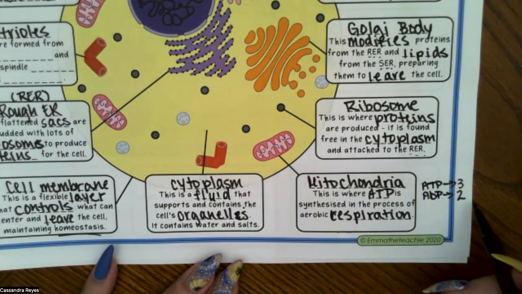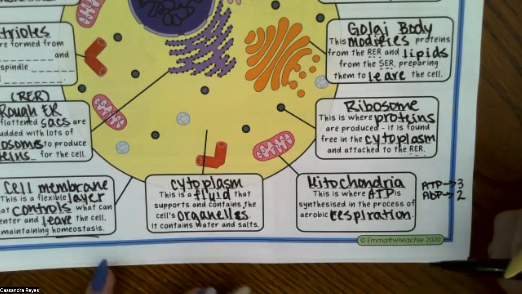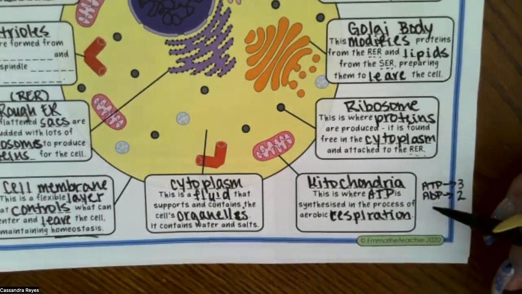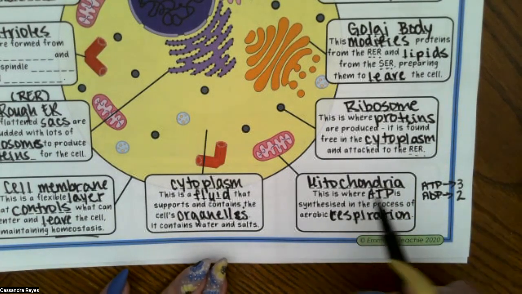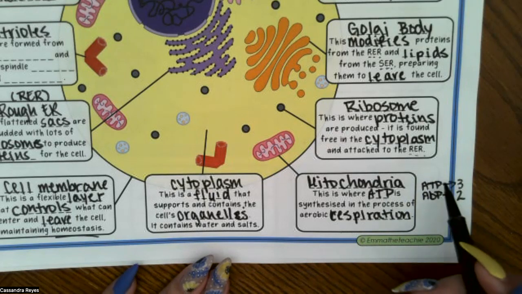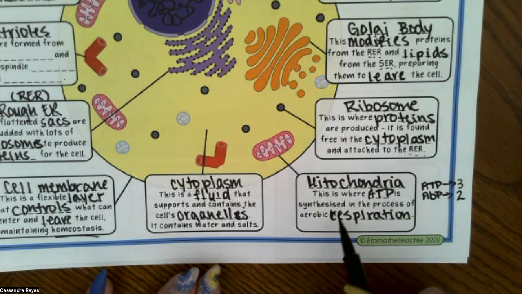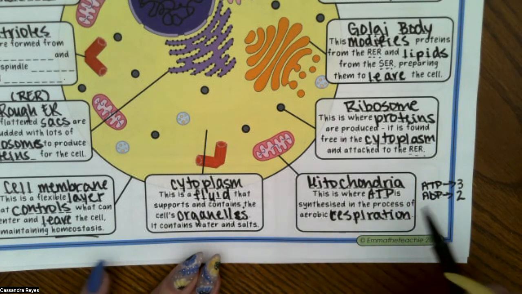When it drops down to 2, it's lost a P. That P provides power, it provides energy. So we've become kind of like a decharged battery. We've used up our energy. Anyways, that ATP, that nice charged battery, is going to be synthesized in the process of aerobic respiration,